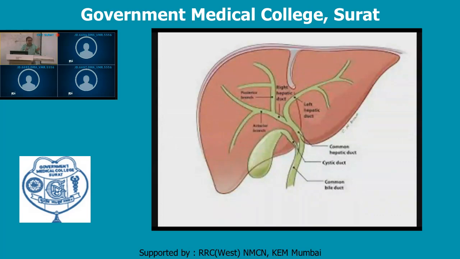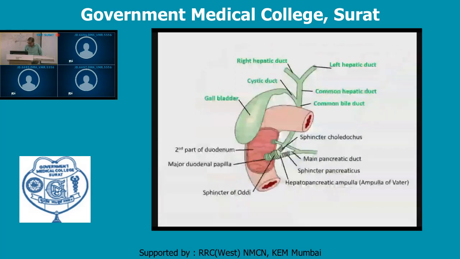Now let's proceed with the extrahepatic part. Here these two right and left hepatic ducts are shown; up to that level is the intrahepatic part. Now these two ducts unite to form a common hepatic duct, which can be seen here. So bile is transported via this common hepatic duct. Now this is the storage site for this bile, a fibromuscular storehouse known as the gallbladder, where the bile is stored.